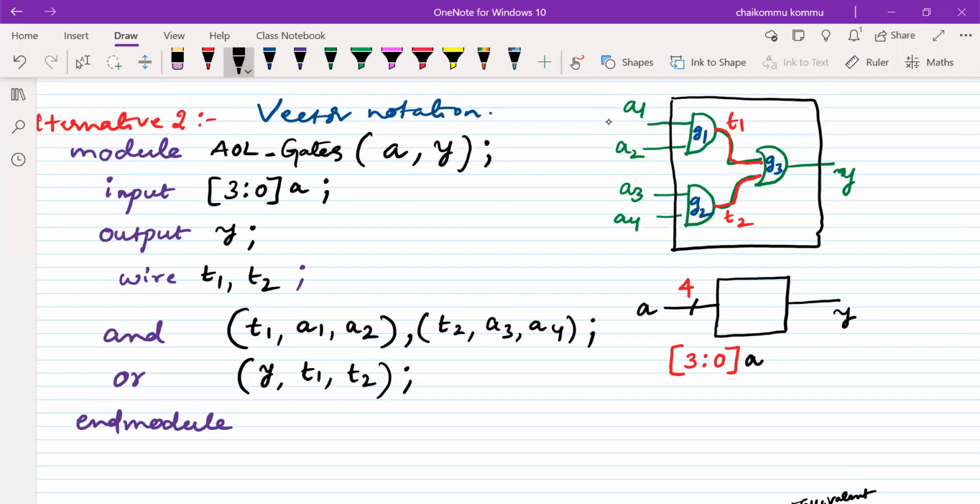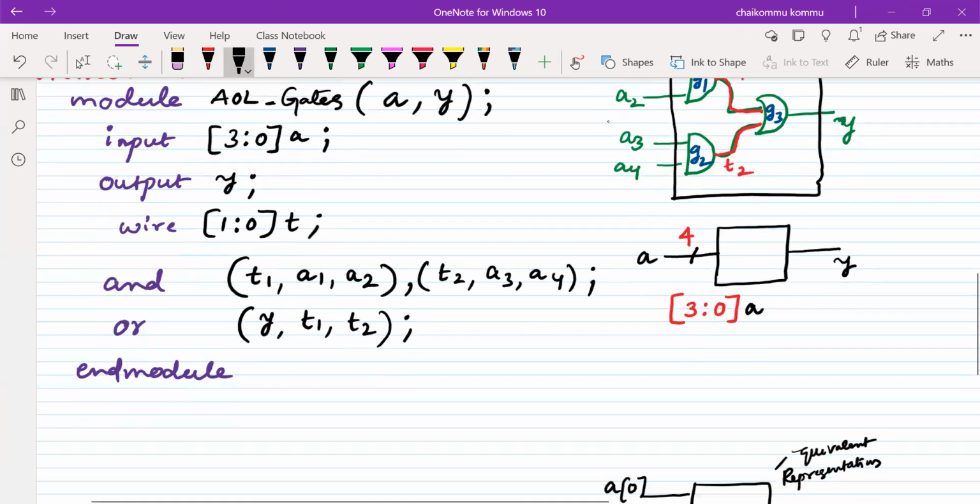Now internal to the circuit, I want to use individual T1, T2, or it can be considered as a vector notation also. It is not necessary, but it is a better way. So I'm going to consider T1, T2 also in vector notation. This is 1 down to 0 of T.